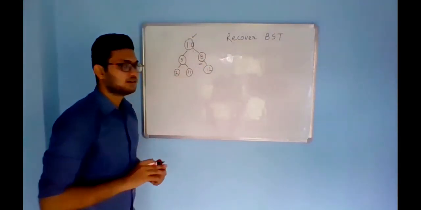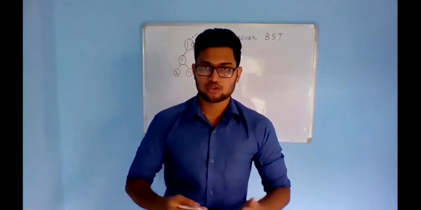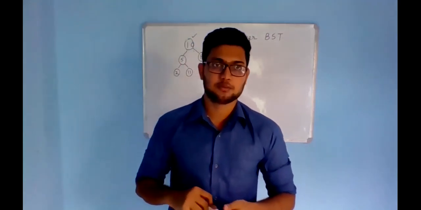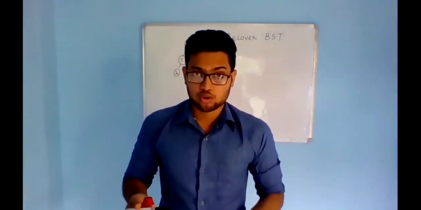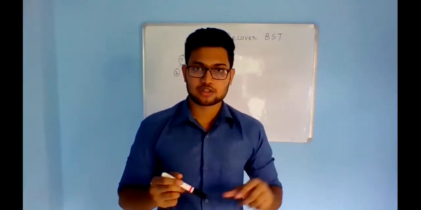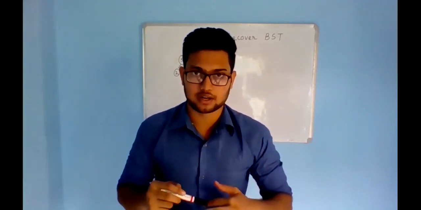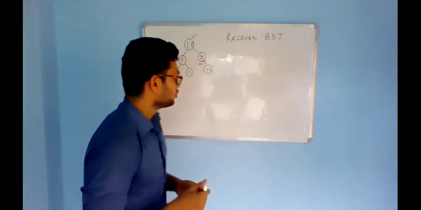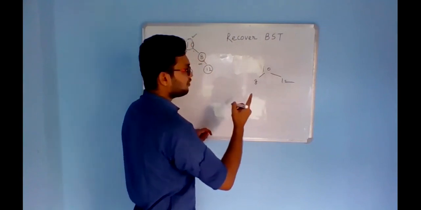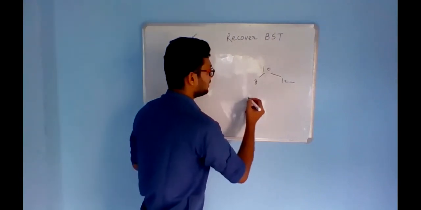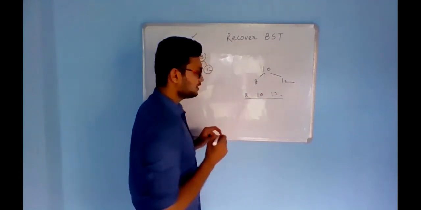There is a brute force solution to solve it, and I just want to share it with you guys. The brute force solution could be that we have a binary search tree, right? And we all know that if we find the in order traversal of that particular binary search tree, then it will give us a sorted result, right? Sorted in increasing order. So for example, there is a binary search tree that is 10, 8, and 12. If I find the in order traversal of this particular tree, then it will give me 8, 10, and 12. See, this is in sorted order, right?